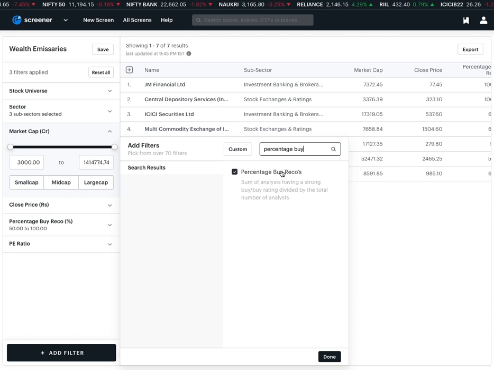So what we do is that we calculate percentage by reco as a fraction of all the analysts covering that stock, who are saying either buy or strong buy. So if let's say 100 analysts are covering that stock, if let's say 60 of those 100 analysts say either buy or strong buy for this company, then 60% is the percentage by reco for that company, right?